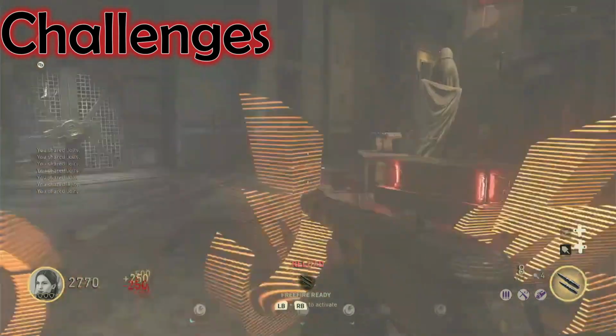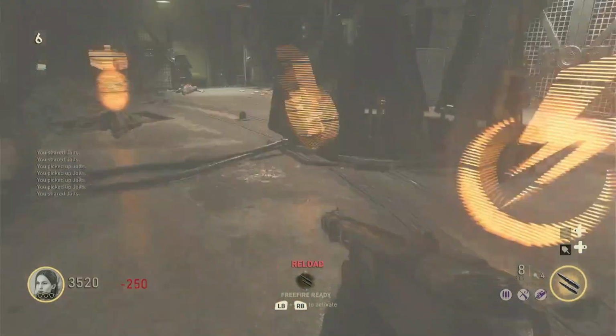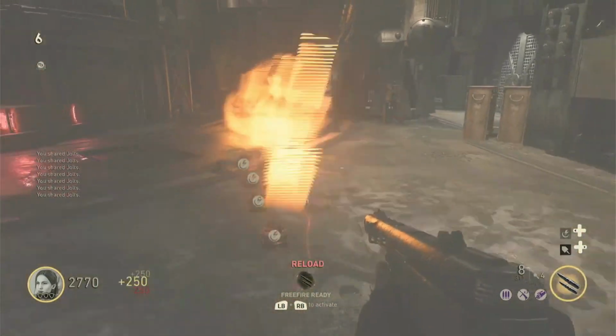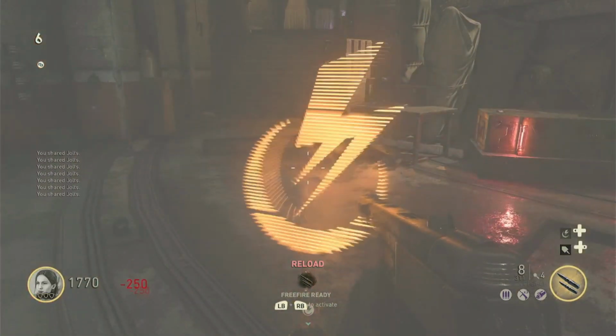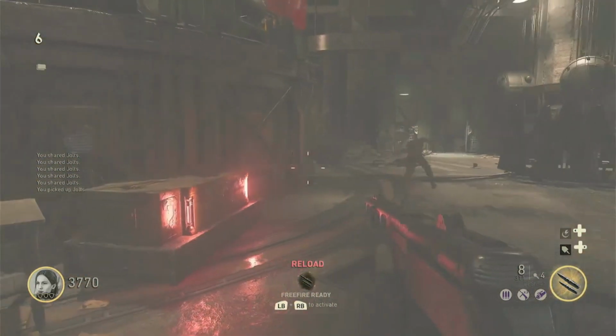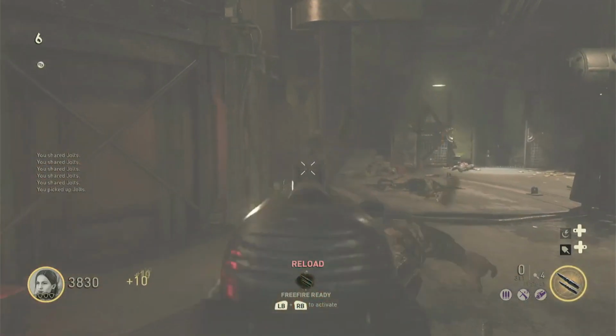Moving into our second feature, this is more related to things that you can do outside of the game, and it's challenges. Again, World War II does really well when it comes to challenges in Zombies. They have a whole system that is constantly being updated where you can get specific challenges to do in-game, and